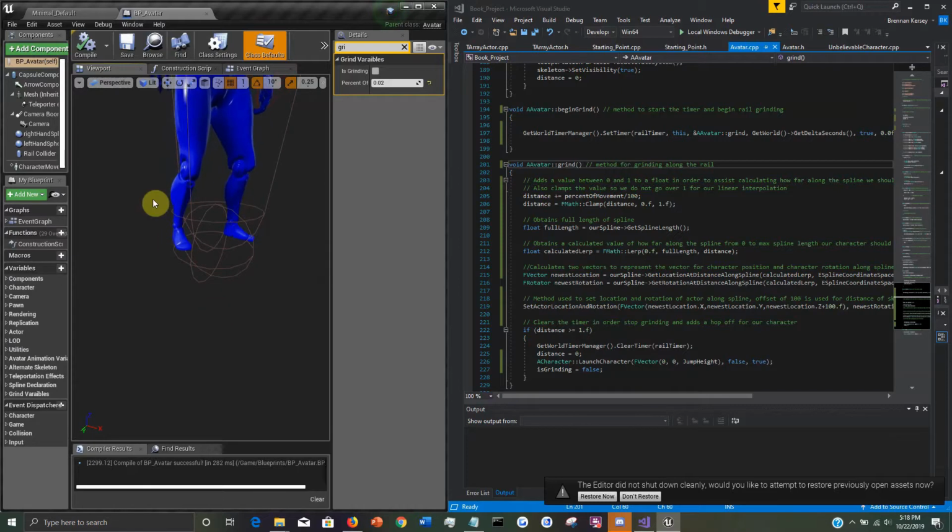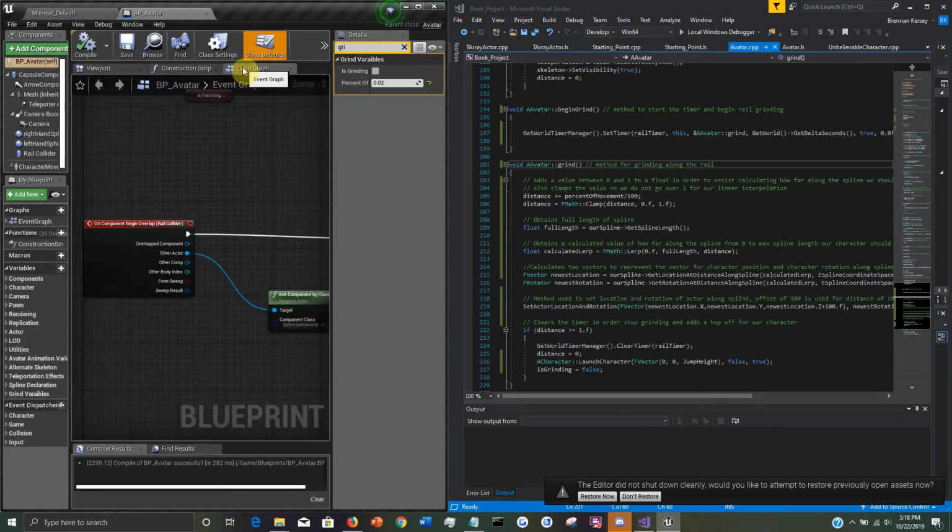spline components. One of the things I learned today was the usage of spline components. These are nice rubbery, stretchy type components where you can draw out nice curvy paths and things such as that. And you can also use that for making objects follow that path, hence how we're going to make our rail